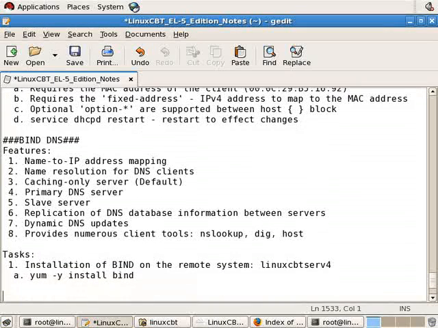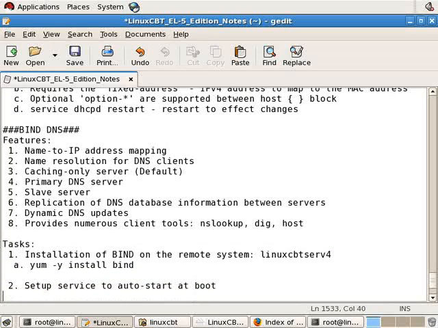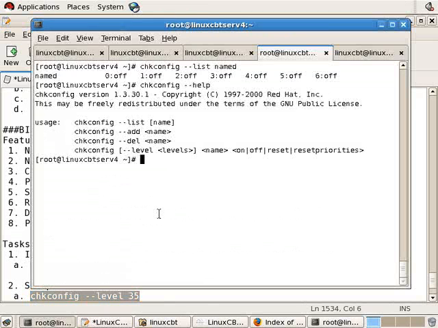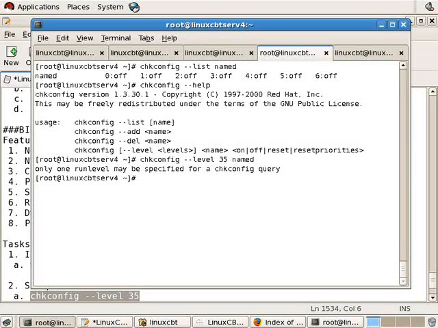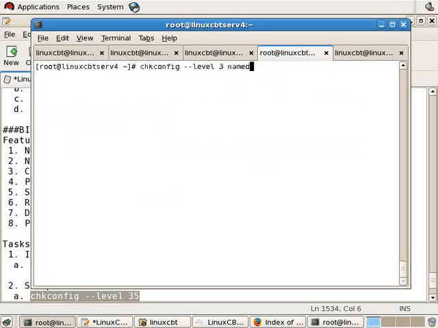So we've installed it. Step 2, set up the service to auto start at boot using, of course, chkconfig with the optional level option for the key run levels 3 and 5, the important run levels. But if you just execute chkconfig and the name of the service followed by on, then the service will be turned on in those particular run levels. Now here it returns that only one run level may be specified per instance. So we'll go ahead and indicate one at a time and then rerun chkconfig --list